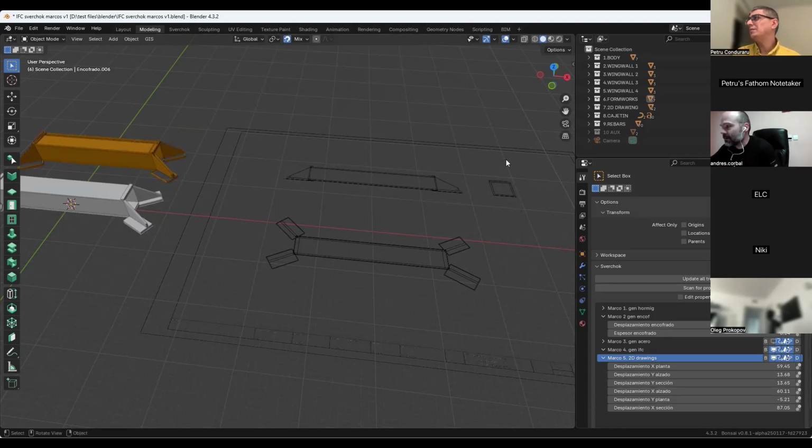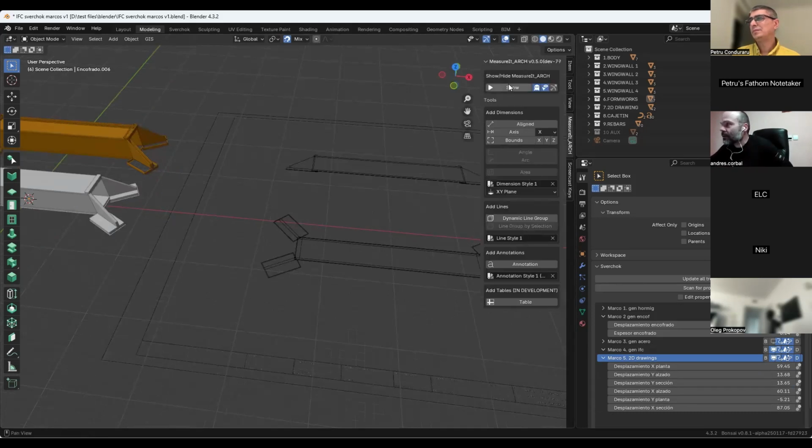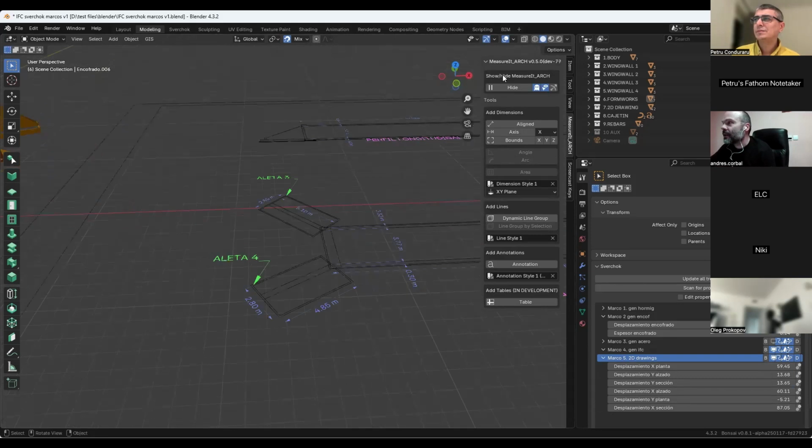And then you can show the measurements. This is a measure it arc. As with every add-on, you have a new tab with the add-on menu.